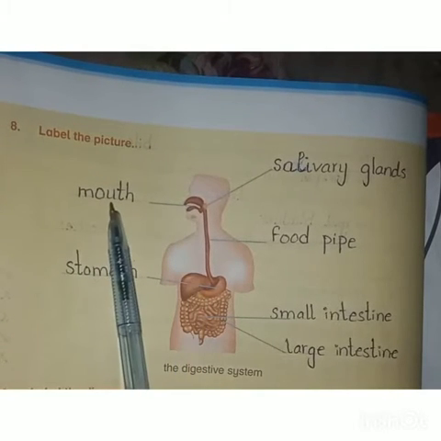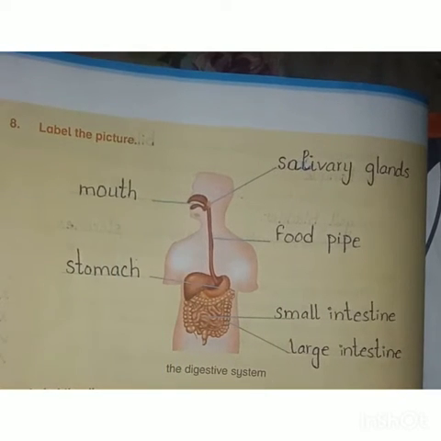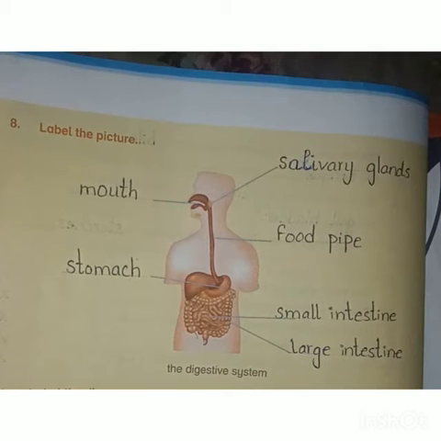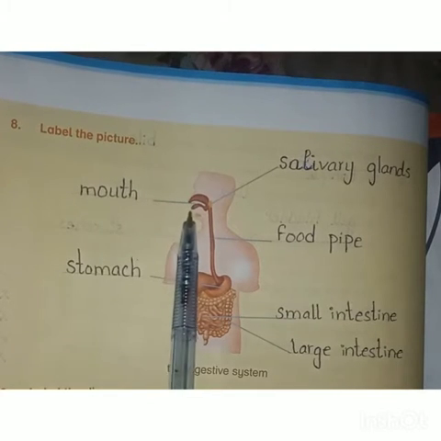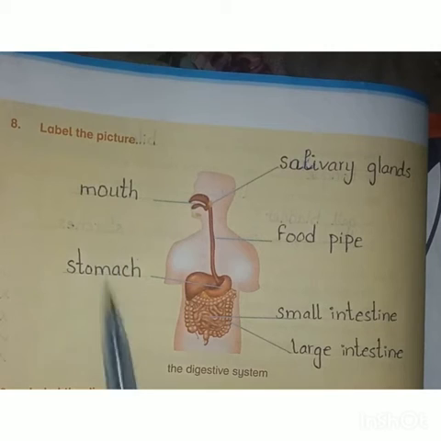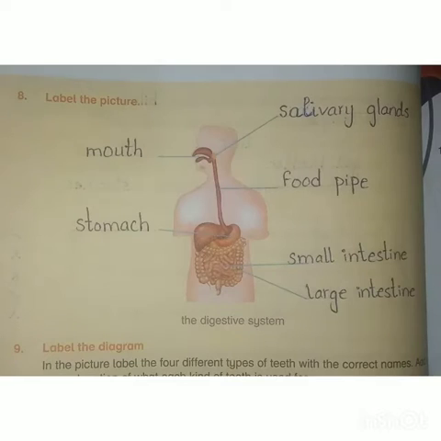This is the mouth. We take food into the body through the mouth, and food is chewed in the mouth. Teeth help to tear the food, and the tongue in the mouth helps to mix food with saliva. So this is the mouth. Next,